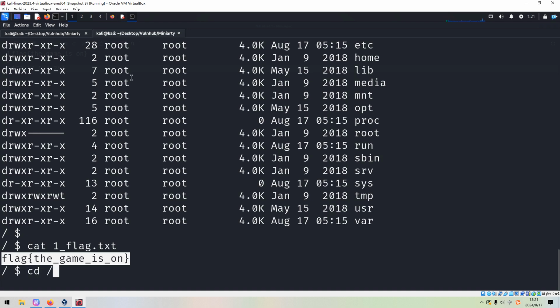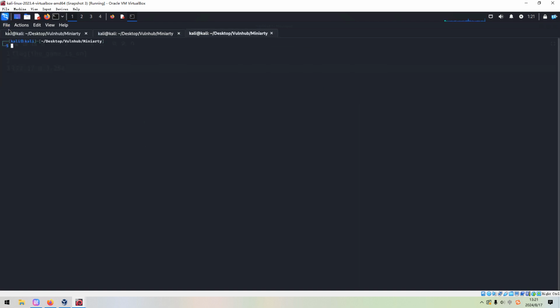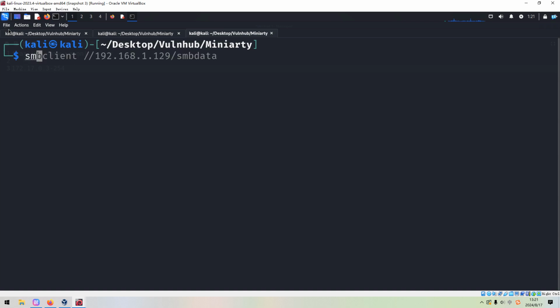We can navigate to the temp directory, where we can play around with almost everything. We can upload and execute anything, right? Like a shell script. So we can open up a tab, and to upgrade to the Meterpreter session, we need to create the Meterpreter payload with msfvenom.